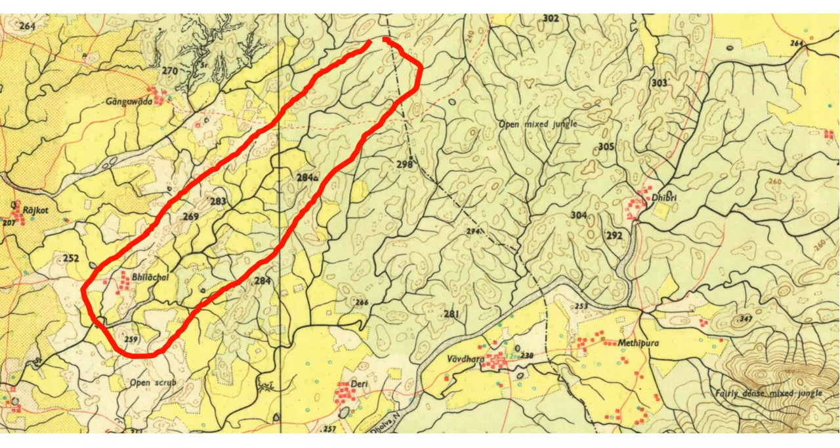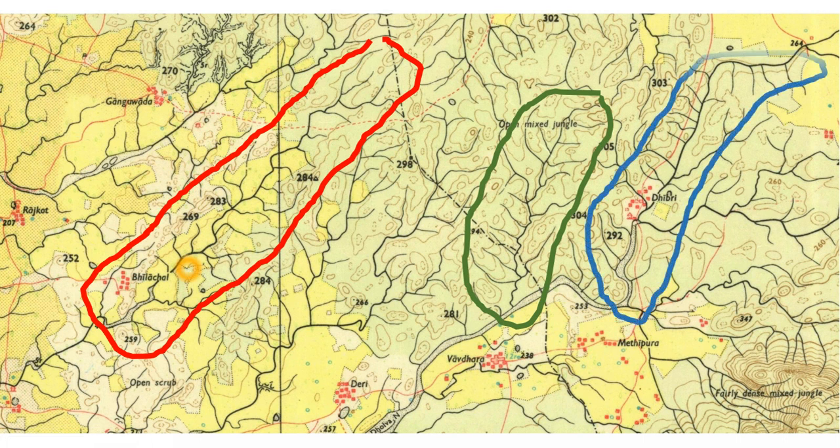In this one's case, the stream is flowing from northeast to southwest, this way, and the tributaries are joining it almost at 90-degree. And here if you look into the contours, you can see on both sides there are hilly areas. Here we have a chain of hills. Also on this side we have a chain of hills. That means stream is flowing through the center and from both sides streams are coming and joining the main stream almost at 90-degree angle. Same is the situation here. The stream is flowing through a valley and the tributaries are joining from both sides.